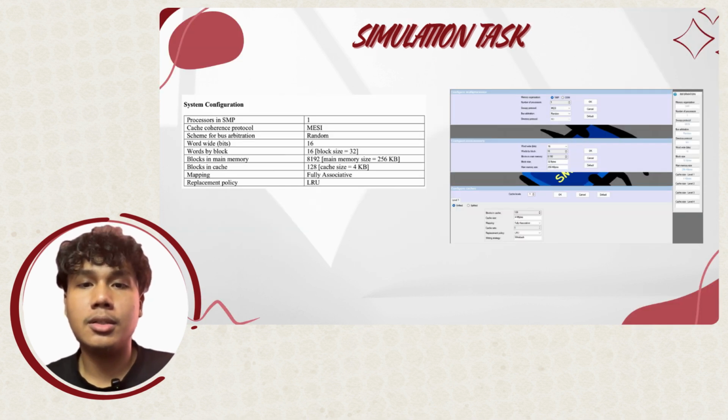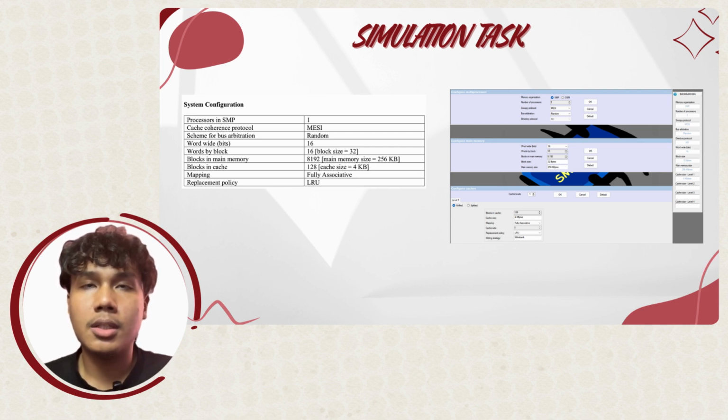Okay, next, this slide shows the system configuration used in the simulation. The simulation is run using one processor only to maintain a controlled environment. The cache coherence protocol used is MESI, and the bus arbitration scheme is random. The word size is 16-bit with 16 words per block, resulting in a block size of 32 bytes. The main memory contains